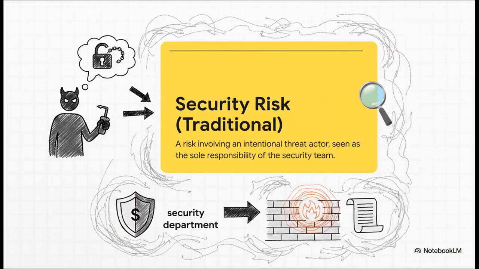Yeah, this is the traditional way of looking at it. The thinking is, oh, there's a bad guy involved? Okay, stamp it. Security risk. And then what happens? They just toss that problem right over the wall to the security team and say, here, you fix this. And the security team is supposed to come up with some security solution, maybe a new rule or a piece of tech.